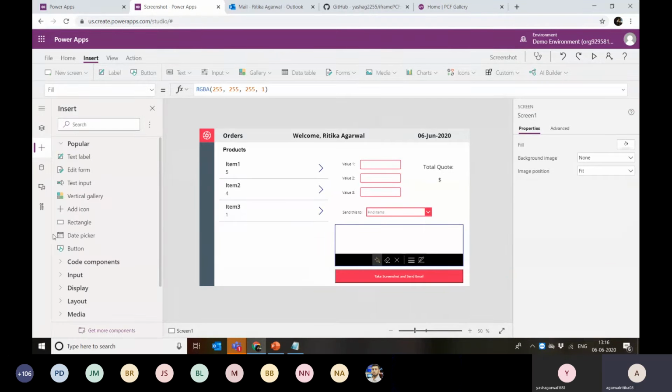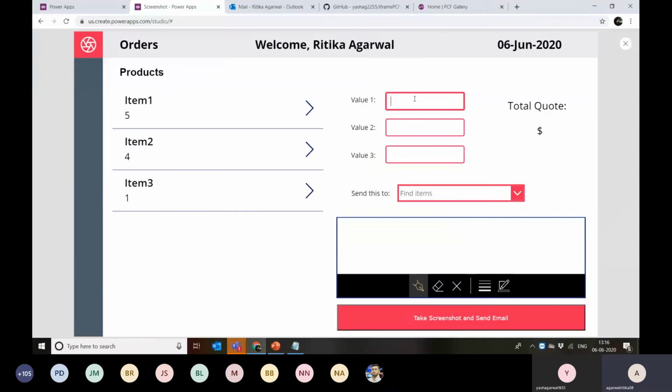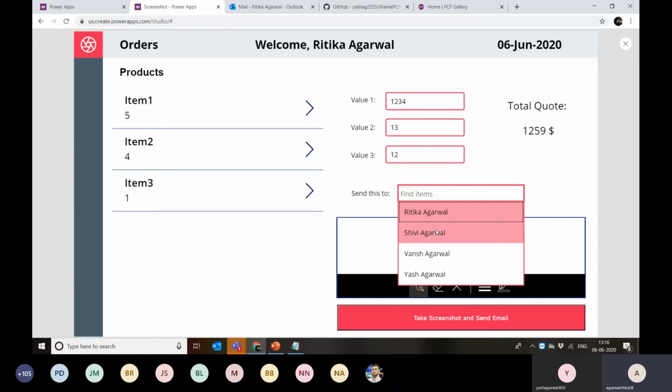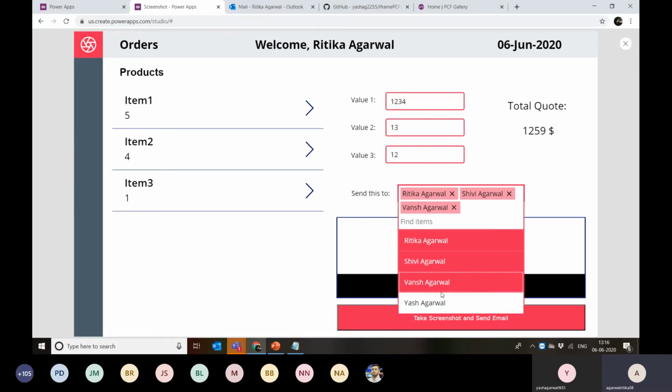If you click on this insert icon, you can see there is a screenshot component available. If I click on this, it is going to add to the screen. Here I have one already, which is take screenshot and send email. Let's try this out: 2 3 4 1 2. This is a calculation getting calculated in the backend. I can select who I want to send this email to.